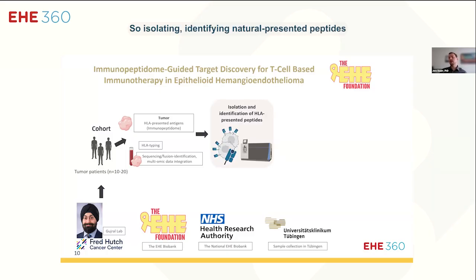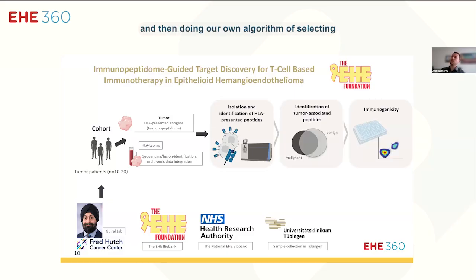So, isolating and identifying naturally presented peptides from these tumors via mass spectrometry, and then running our algorithm of selecting the malignant-associated antigens, hopefully identifying fusion gene-specific ligands from these tumors and combining this with other highly tumor-associated